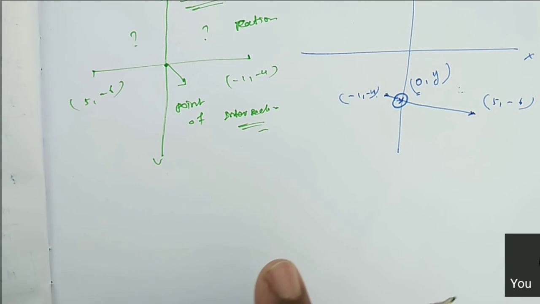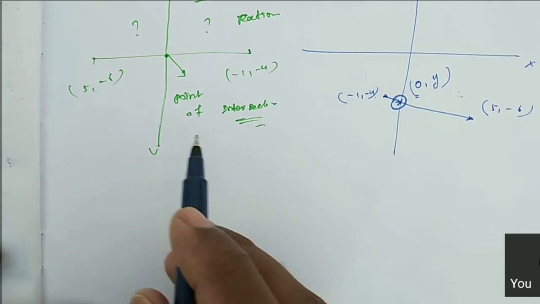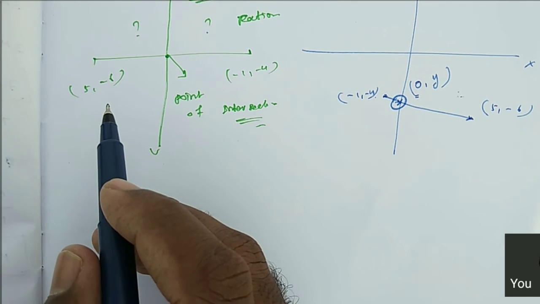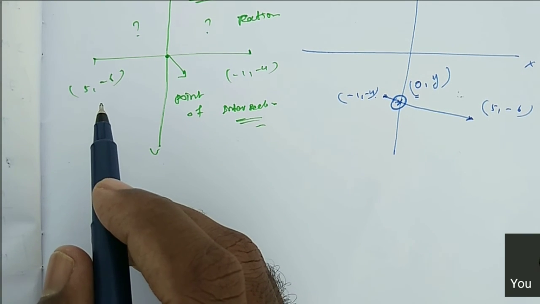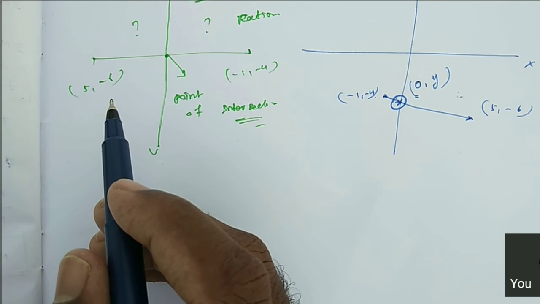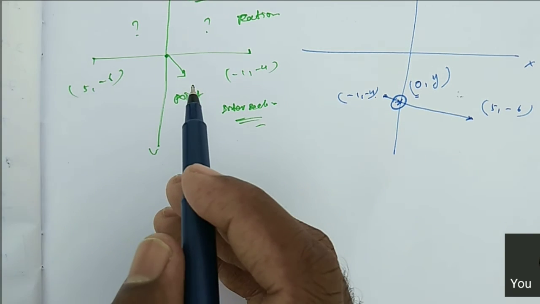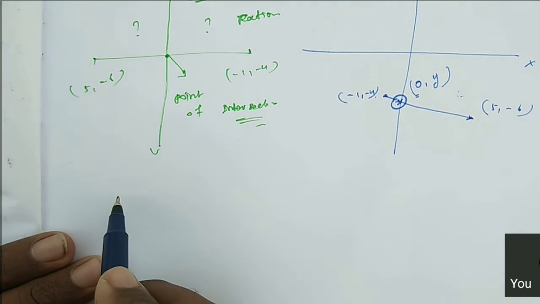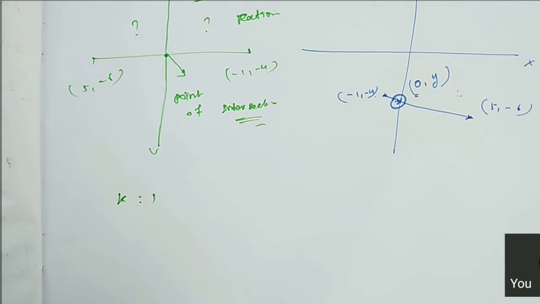First of all, we just assume the ratio, right? We don't know the ratio. As we learned in earlier classes, we assume x as a common ratio. Whenever they give a ratio problem, we should take x as a common ratio. In the same way, when we want to find the ratio in any ratio problem, we should take k is to 1.